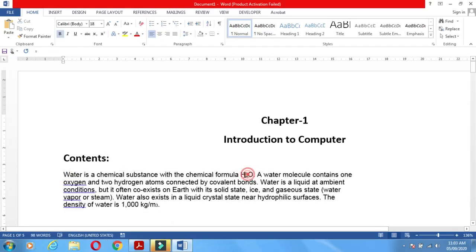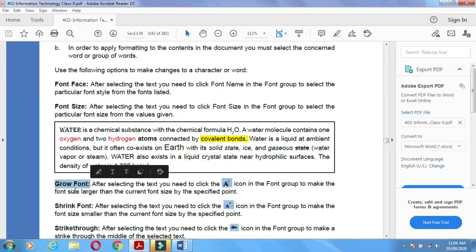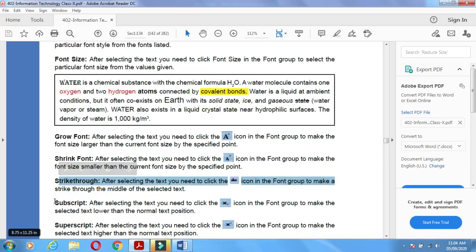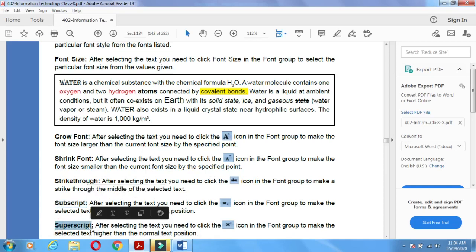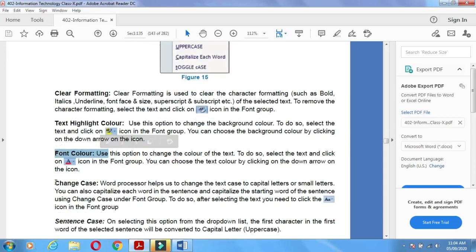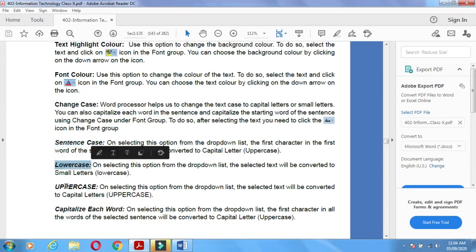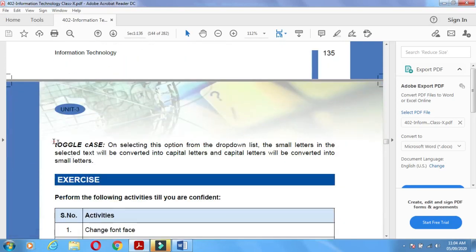See what changes are applied: font face, font size, grow font, shrink font, strike through, subscript, superscript, then clear formatting, text highlight color, font color, change case, sentence case, lower case, upper case, capitalize each word, toggle case.